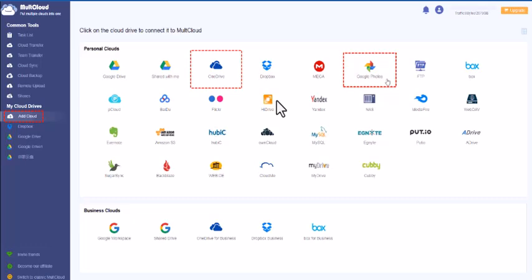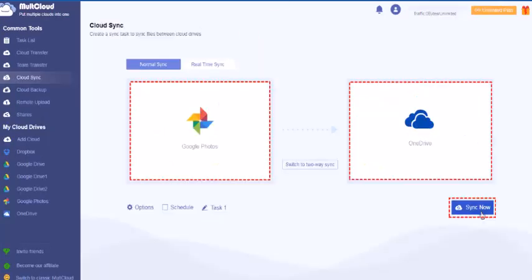Once you add a cloud drive to MultCloud, you can manage all clouds in one place via MultCloud, and they will be listed under My Online Services in the left-hand sidebar. Next thing you want to do is click on the Cloud Sync icon, change to Real-Time Sync,